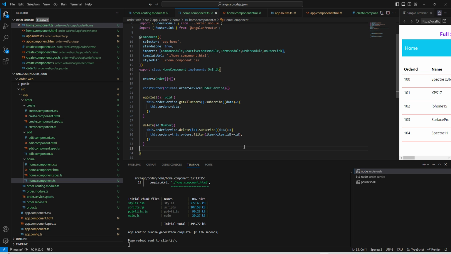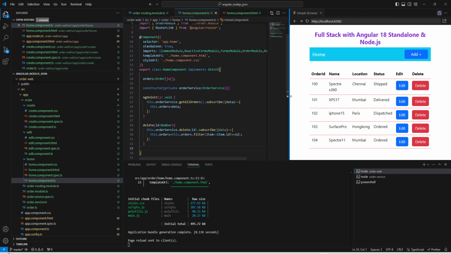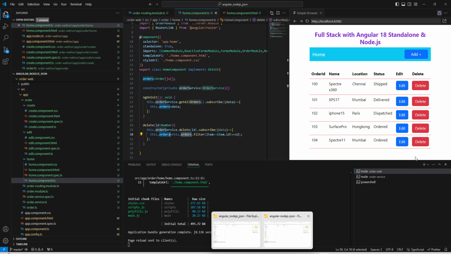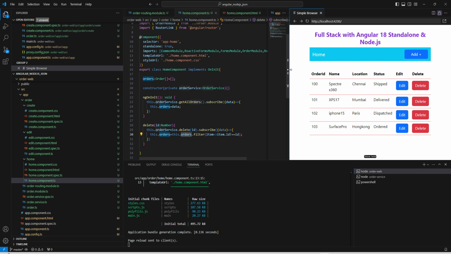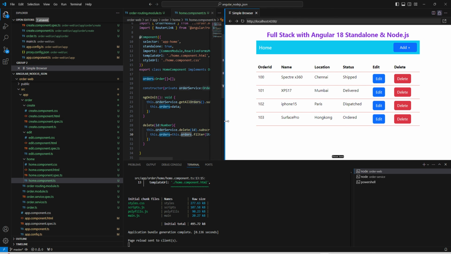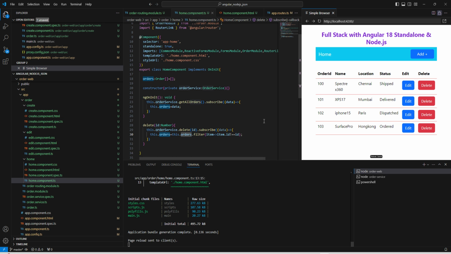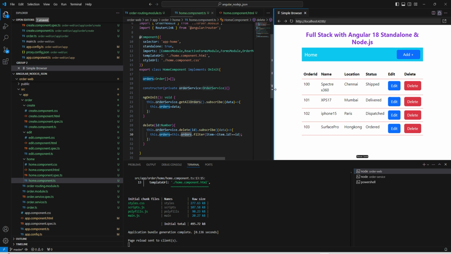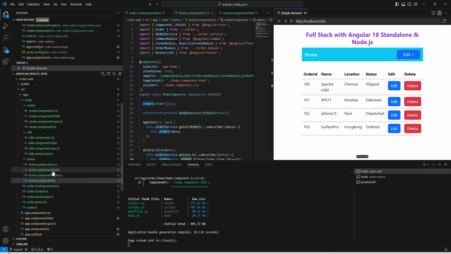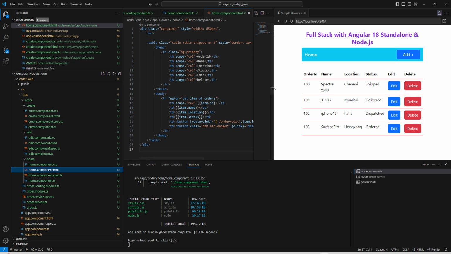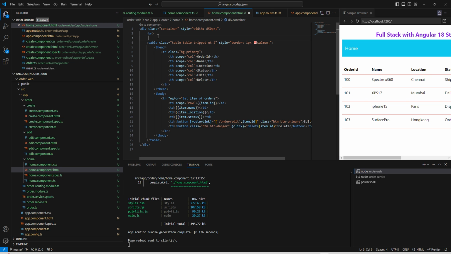Fine, we can save it. Now let us check. Yes, seems good, it is working fine. Now delete is working. Now all the CRUD operations are working fine. Now let us add one filter for search functionality here. We can go to home page, and inside here we can add one input search,